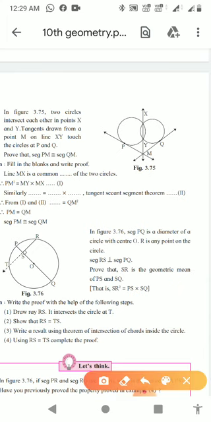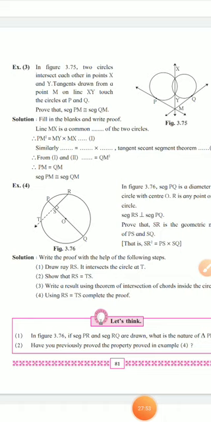Now here in the solution they give us steps, and we have to use these steps to prove this. Now I will help you to complete this question. Though it is a solved example, actually it is not solved in your book. Only hints are given, and we have to use some basic concepts and try this question.